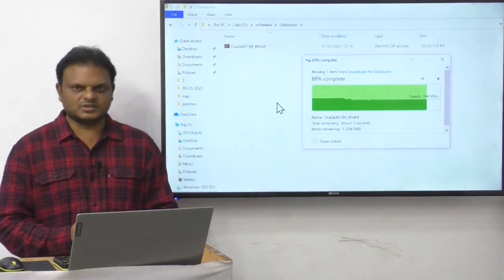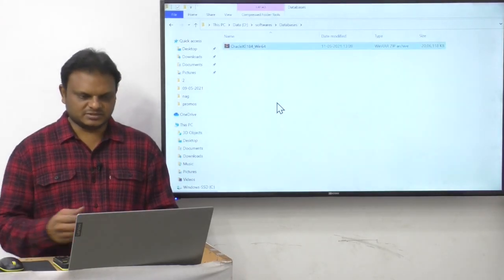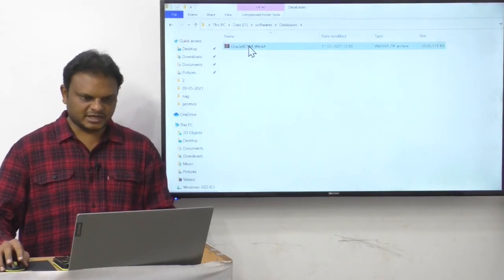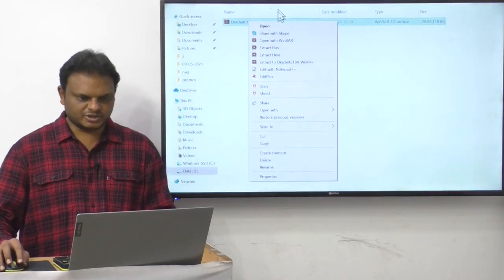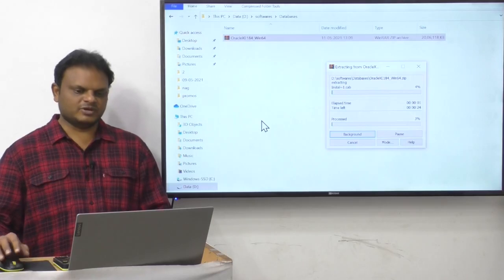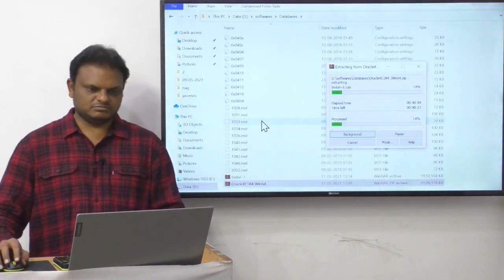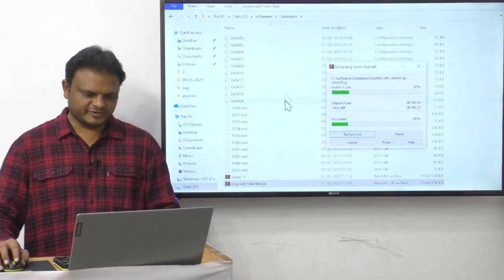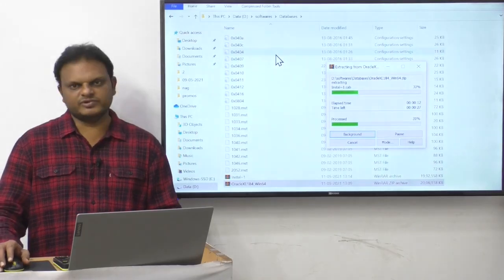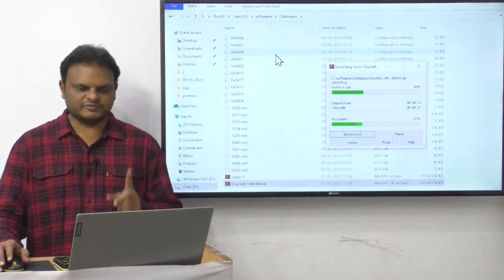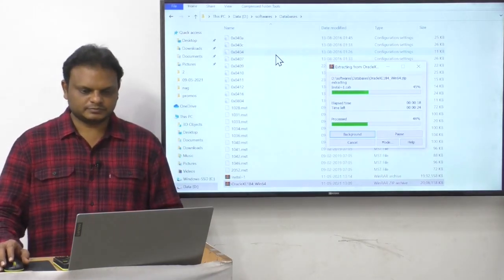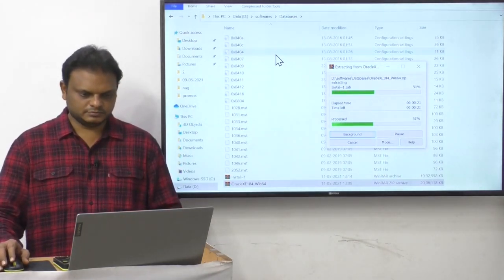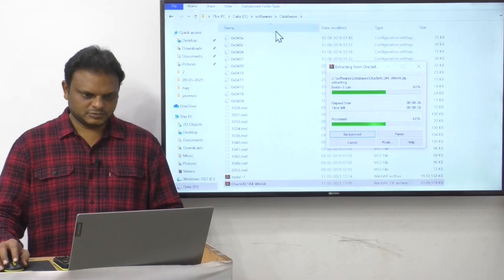How are we going to install this Oracle database 18XE version here? First of all, right click on it and extract here. The folder will be extracted automatically. So many things we are getting, don't worry about it. So many folders are there, but we require only one set of files, available in a particular folder, which I will show clearly. So many files are coming along with this, but we require only one thing.